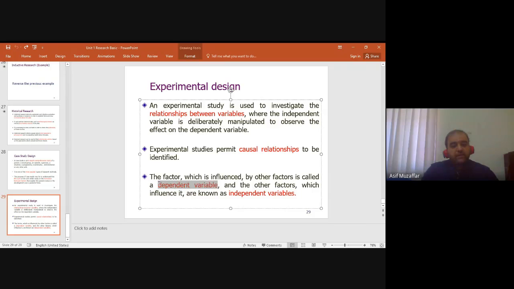So there will be a dependent variable and an independent variable. We have already discussed this, so there is no need to discuss it again, because in analytical research we have the cause and effect diagram. Actually, what it does is it investigates. Look, the word investigate means the relationship is already there. The model is already there. What are you doing? You are investigating it again to discuss the relationship between or among some variables. So this is the end of unit 1.